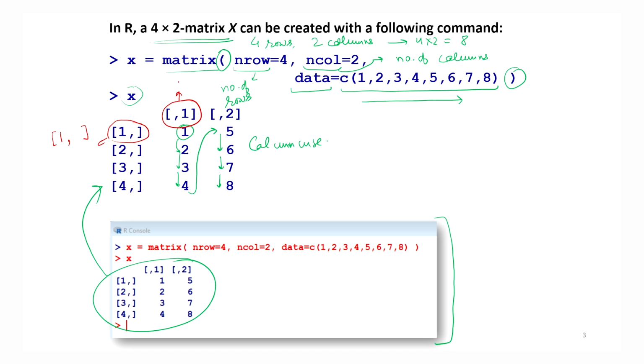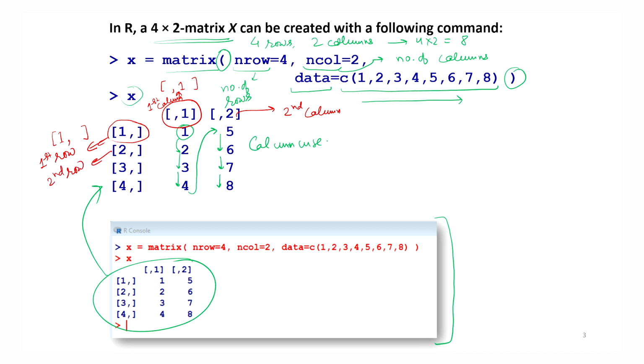Whereas in the column case, please concentrate on where I am writing: it is a bracket, then a blank space, a comma, and then 1. So this is indicating the first column, and similarly this is indicating the second column. Similarly, this is indicating the first row, and this is indicating the second row, and so on.